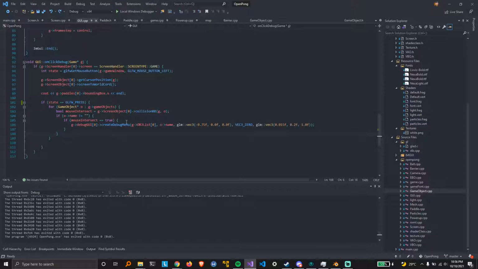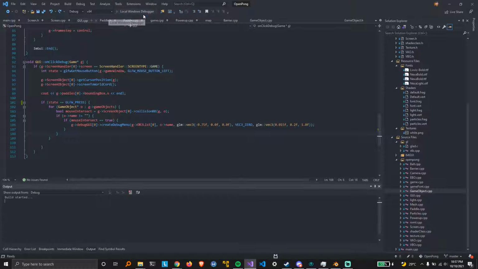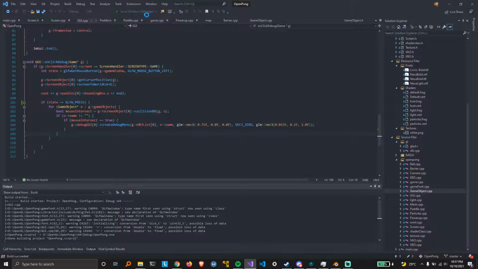And currently I'm working on making the debug screen stay after you click it, but currently it just shows up when you click it and disappears when you release. I'm probably gonna make a new devlog when I implement that, but let me just show you quickly the Unclick Debugging